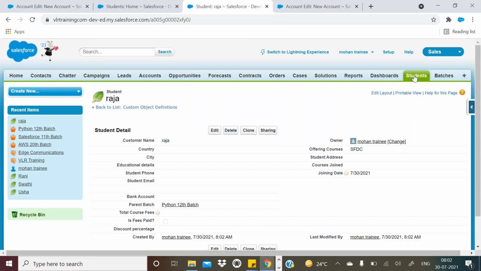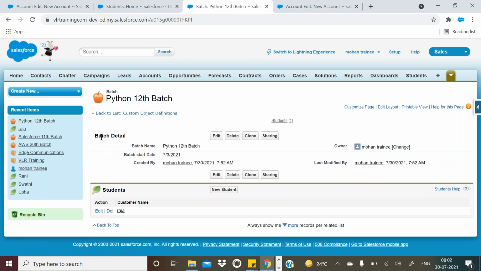Just one sample example I'm giving, guys. Go to the batch and let me tell you. You can see here, this is the batch, right? And you can see a student is added like that. Okay, now